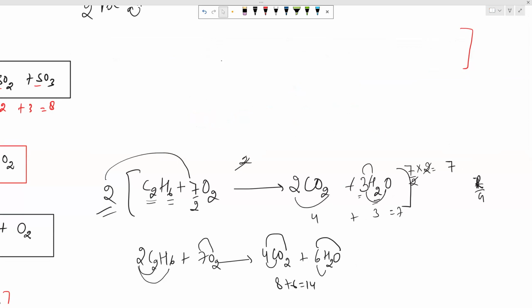Try to balance this equation. C2H5OH, when it reacts with O2, it will give you